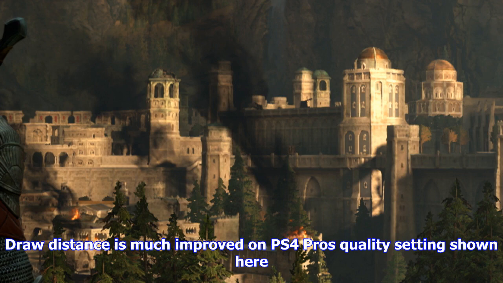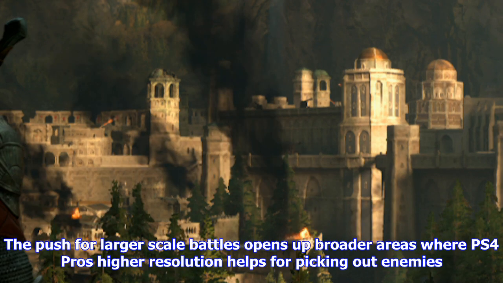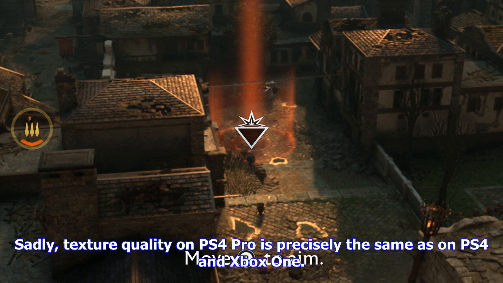PlayStation 4 Pro doesn't quite get to a full native 4K, but its dynamic resolution ranges from 1512p to 1830p, typically resting at a satisfactory 1620p. It's still a big step up in image quality over a base PS4's 1080p, while also adding in superior ambient